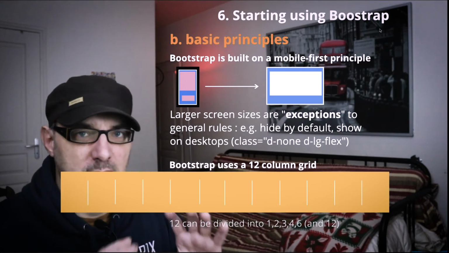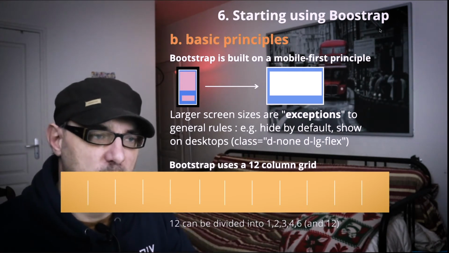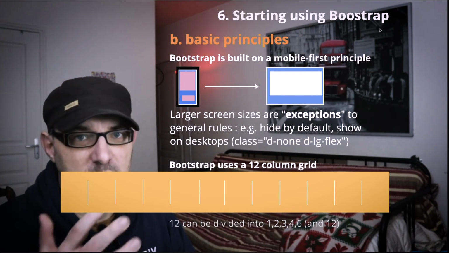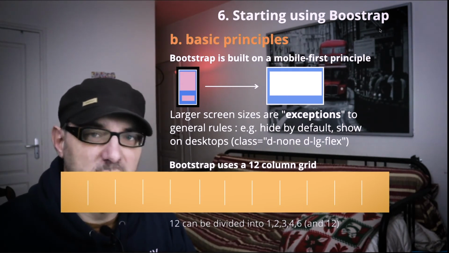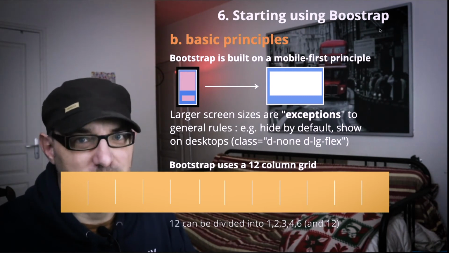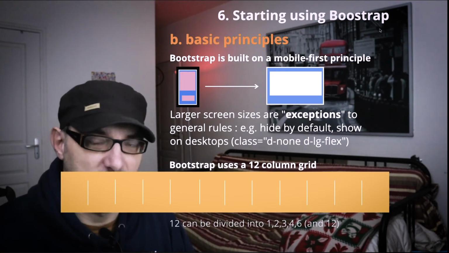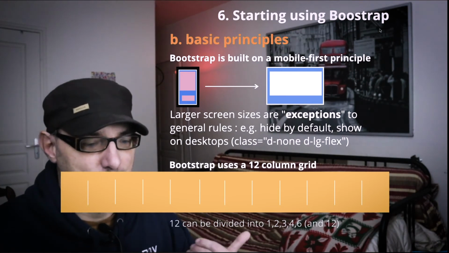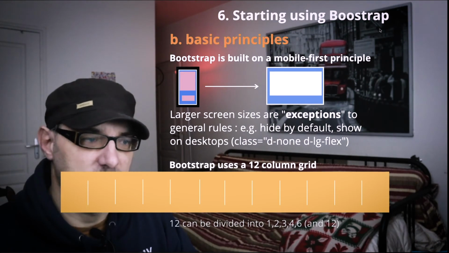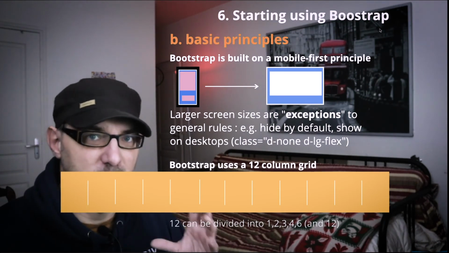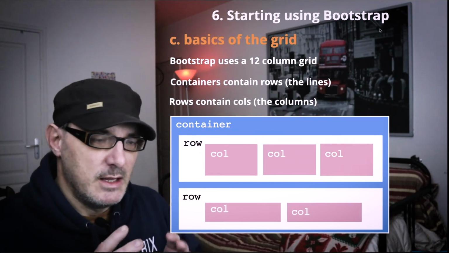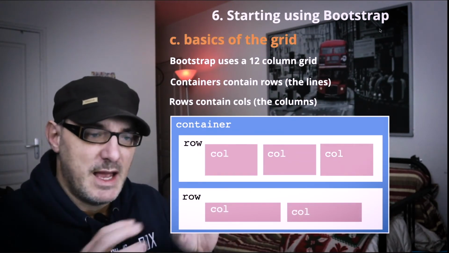Bootstrap uses a 12 grid, and the reason there is this 12 grid is that 12 can be divided by 1, by 2, by 3, by 4, by 6, and by 12. You'll note there's no 5 in there, no 10. But that allows us quite a bit of flexibility to be able to build our web page. And the way this is done is, like I said, a 12-column grid, and then we